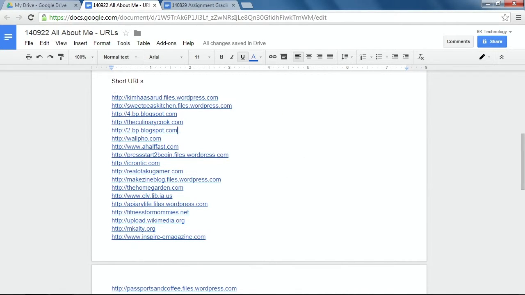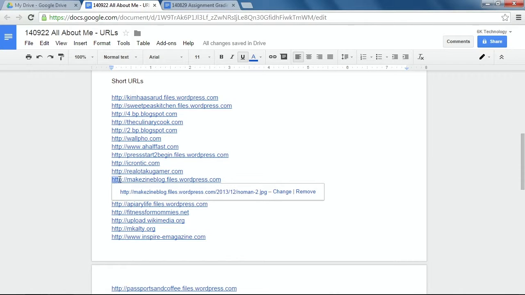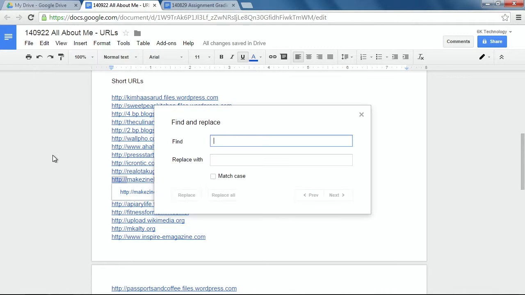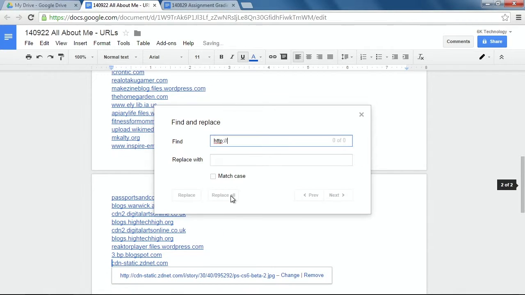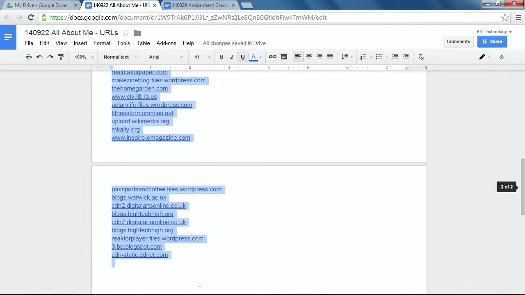Okay, so now that I have the entire short list here, what I want to do is do a find and replace for just the part that gets repeated each time. Since we see that on every single one, I'm going to Control-C copy that and see if I can't find and replace that with just a space or maybe even nothing. And if we do a replace all, what you'll see is that it actually got rid of that for us, and we can then just copy and paste this into our